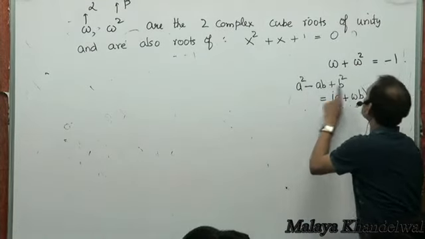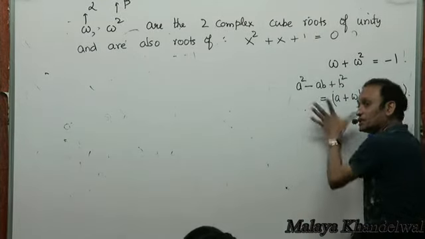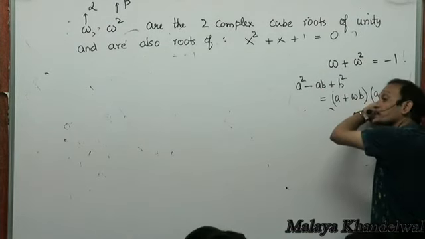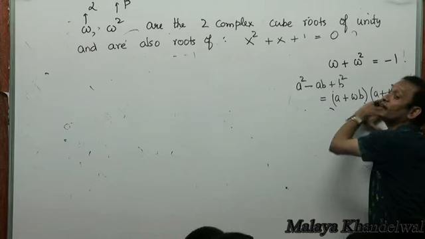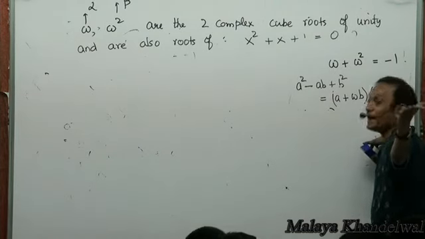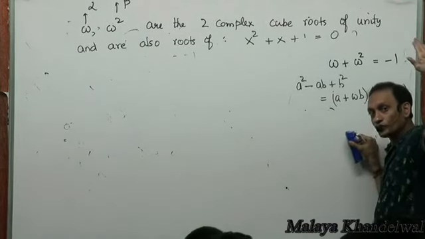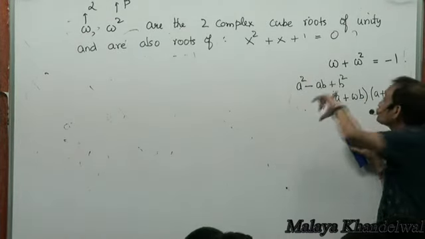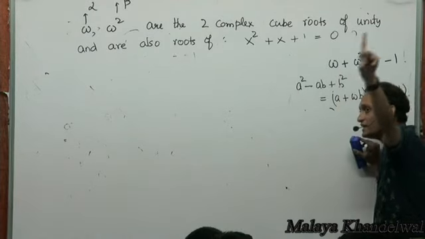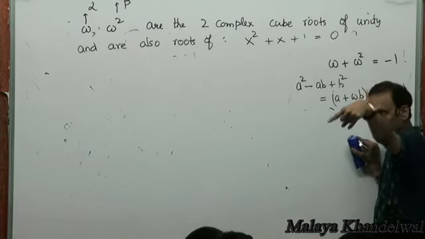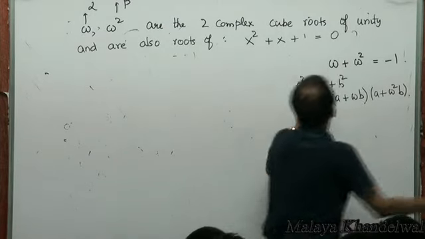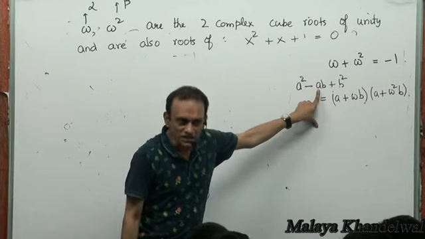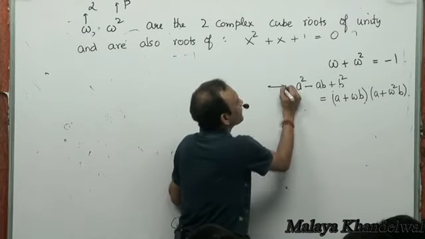For instance, in this you could plug in any values of a and b, and you would find that this left hand side will be equal to that right hand side for any and every pair a, b. Are you very clear in your heads about the distinction between an equation and an identity? So a factorization is always an identity. Right? Now, in this identity, let me replace b by minus b.